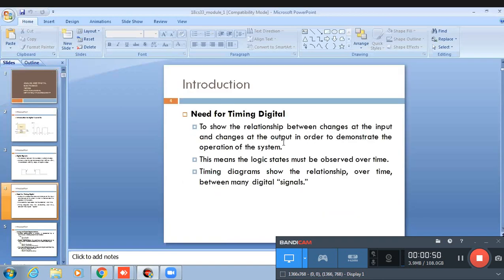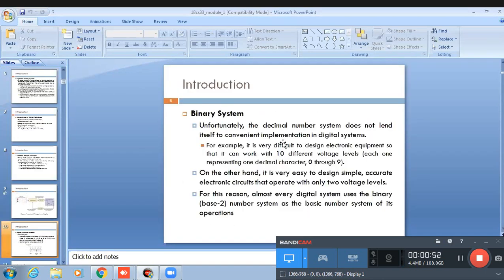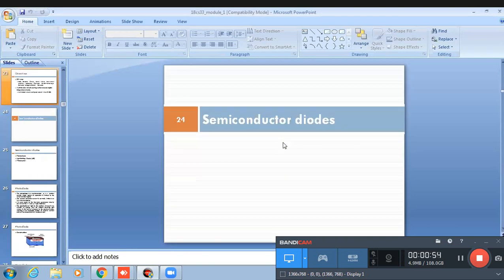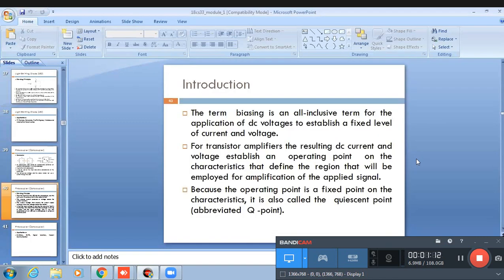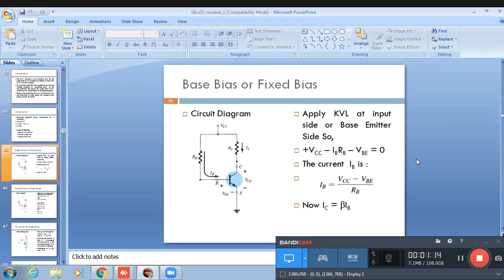Okay. Last class I gave one problem, no? I will show you how to solve this one. See here. Last class I gave one problem. Can you tell me that problem? Anyone? It was based on the bipolar junction transistor. Correct? What are the values I gave here? Can anyone tell me?